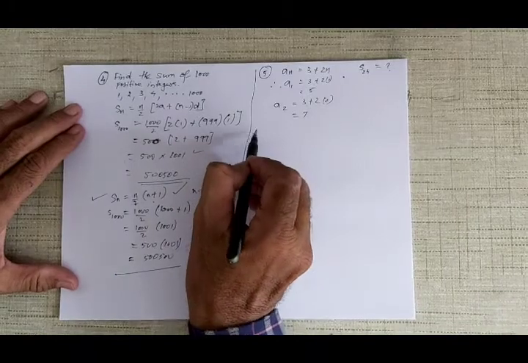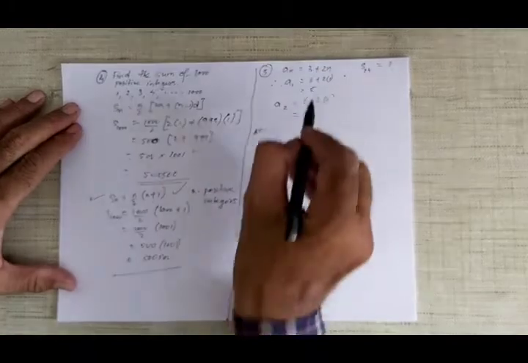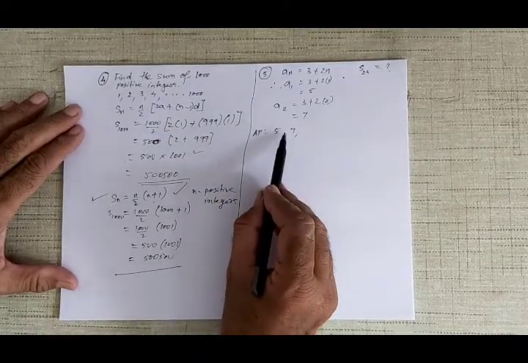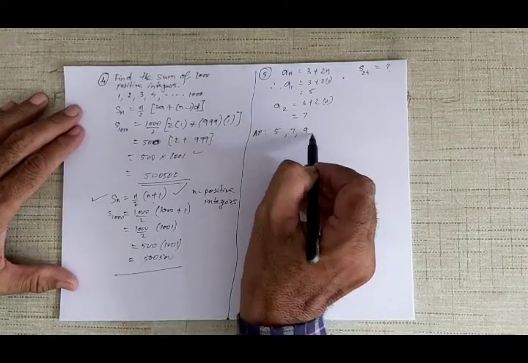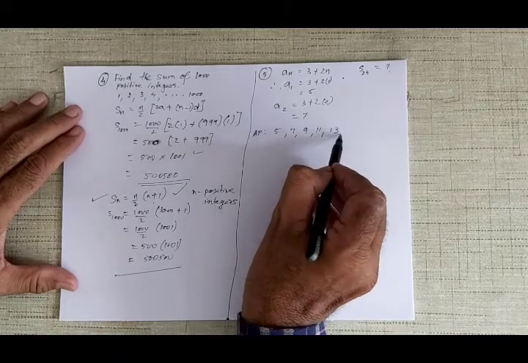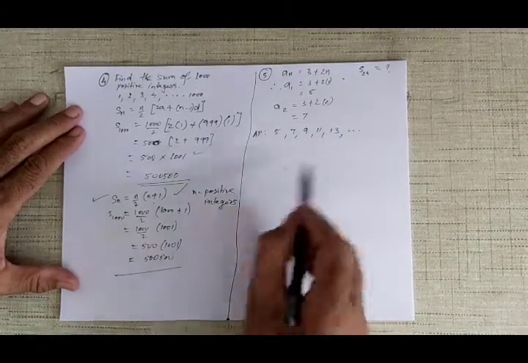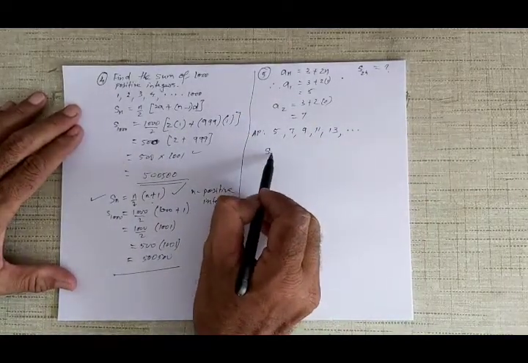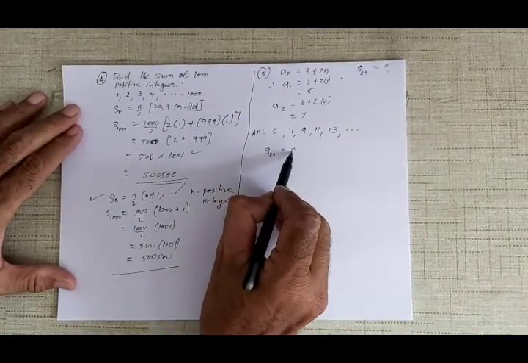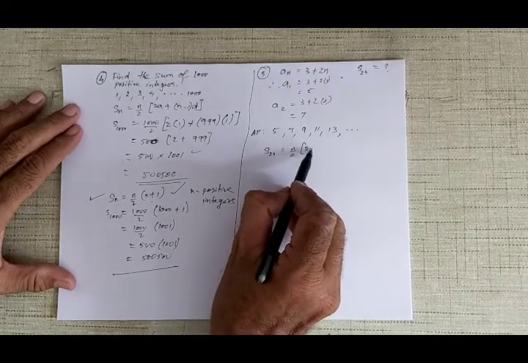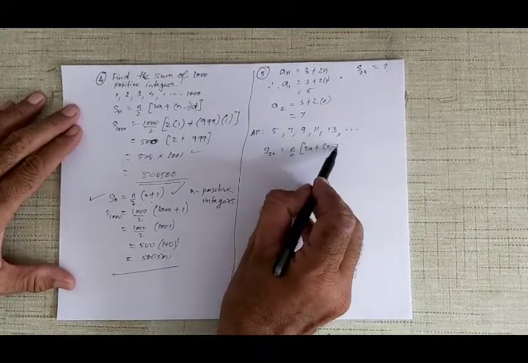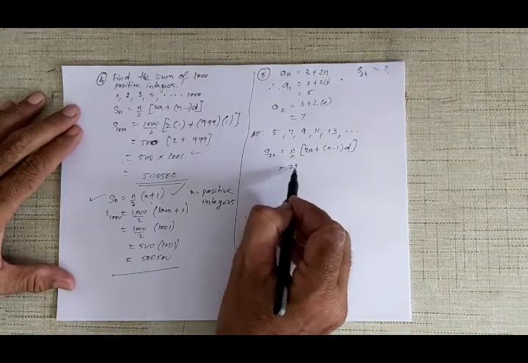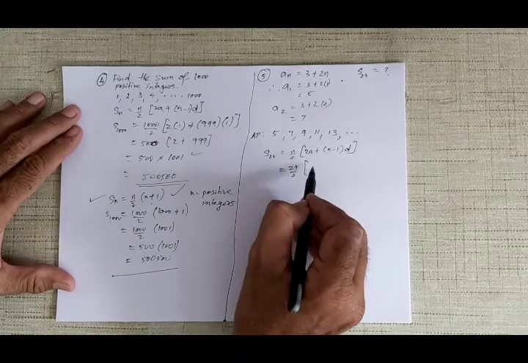So therefore अब AP क्या आएगा? AP first term is 5, second term is 7. अब दोनों के बीच में difference कितना है? 2 है. So therefore 7, then 9, then 11, then 13 and so on. आ गया AP. अब इसमें A और D दोनों आ गया. अब हमें S of 24 निकालना है. S of 24 will be n by 2 into 2a plus n minus 1 into D. Okay, so S of 24 is 24 upon 2 into bracket 2.